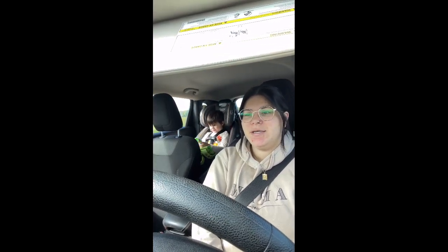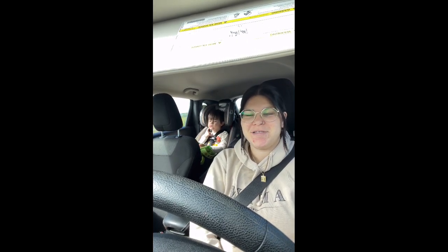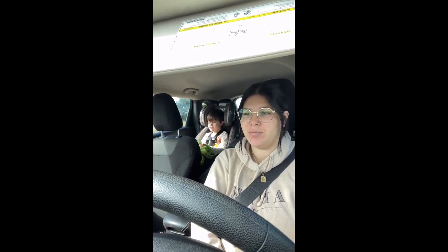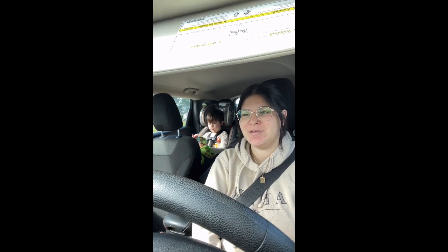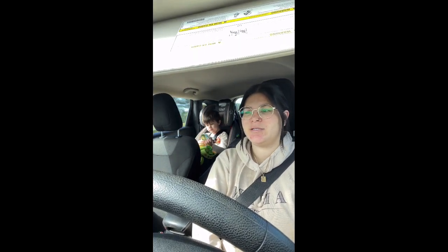So she is starting to get lighter blue eyes. I'm kind of noticing as I'm looking at her all the time. Her dad has really light blue eyes. Cohen has hazel, like blue, green, yellow, brown eyes. Because I have hazel eyes, everyone looks at me and they think I have brown eyes. I have hazel eyes. So I'm interested to see what color eyes she gets, just because